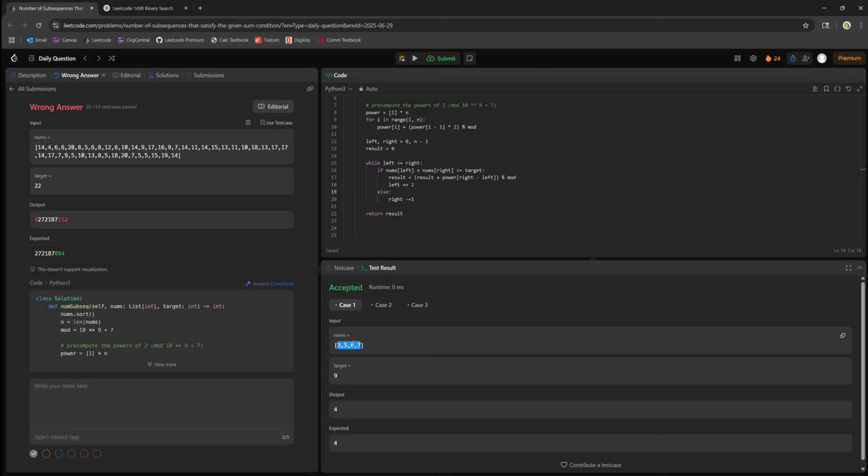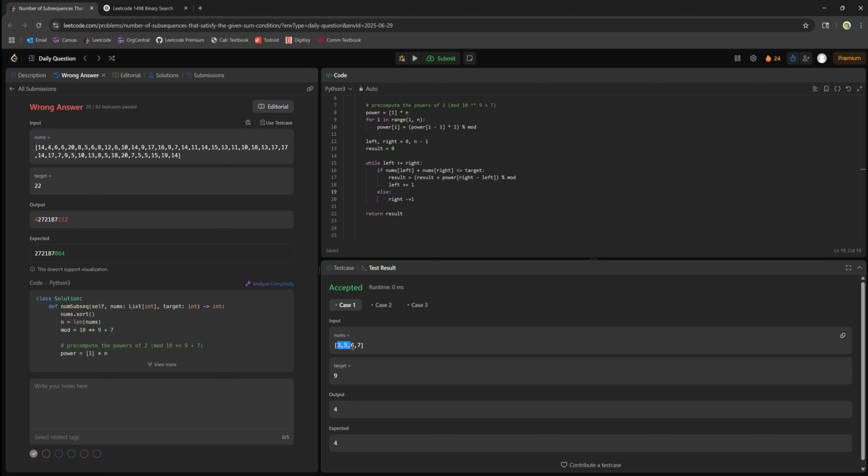Now once you compute 2 to the however long the sequence is, minus 1, then you move your left pointer 1, and you do the same thing. But now since left plus right is greater than target, you want to move your right pointer 1 left. Now left equals 5, right equals 6. That's still greater than target. So now, yeah,